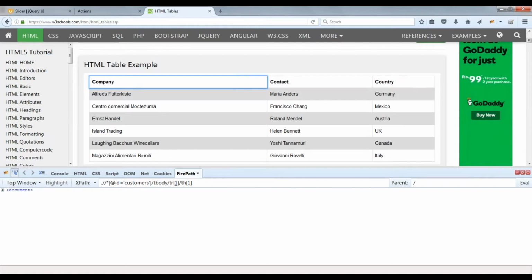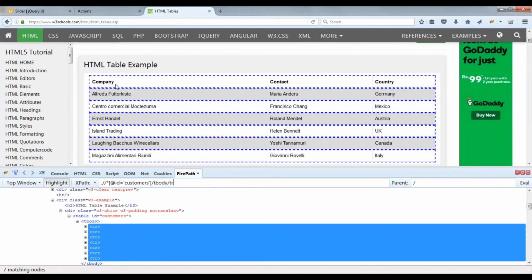Okay, so I will remove everything till here, and then I will just leave it as tr. If I leave it at tr, everything will be highlighted, means all table rows are highlighted. Okay, so the table has an id called customers, and it has t body.